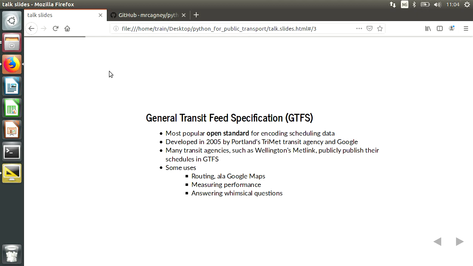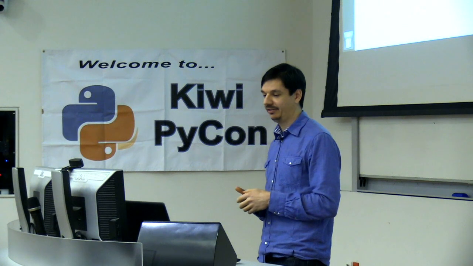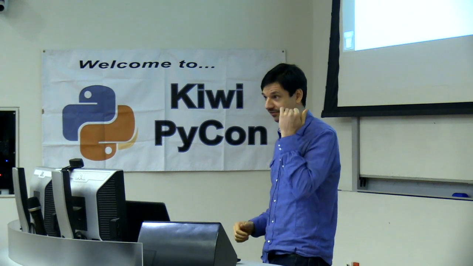And fortunately, there's a universal standard for scheduling data. It's called General Transit Feed Specification, or GTFS. It's the most popular open standard. A lot of transit agencies publish their scheduling data in this format. It was developed by Portland's TriMet Transit Agency and Google in 2005. And there's hundreds of such feeds available for